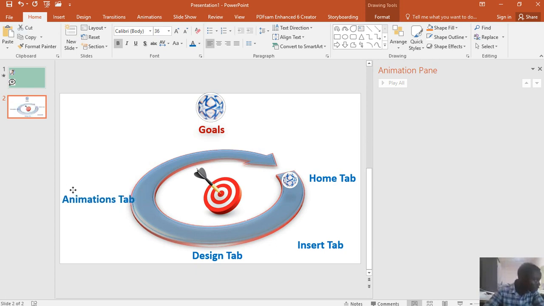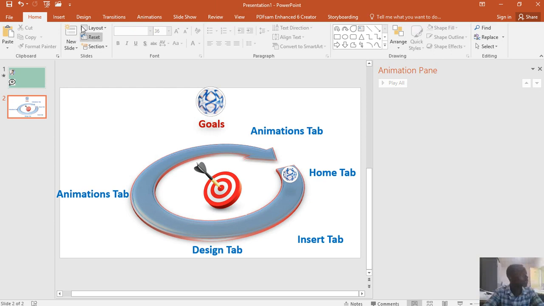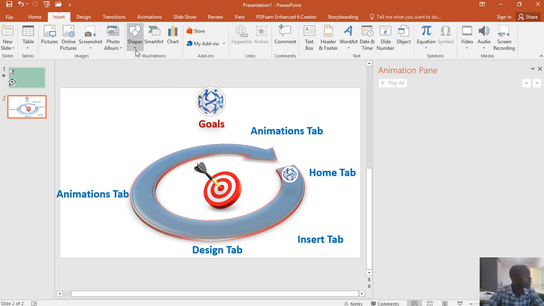Animations tab, so we push this on this side so that it fits and doesn't go over the image. Control C, Control V, we have our final goal here. So we have 1, 2, 3, 4, 5 goals, just that. So that's it. Let's now put the underlining lines. Let's just say shape,